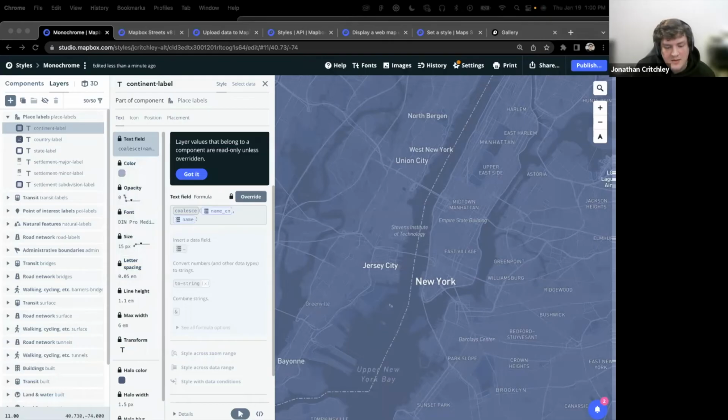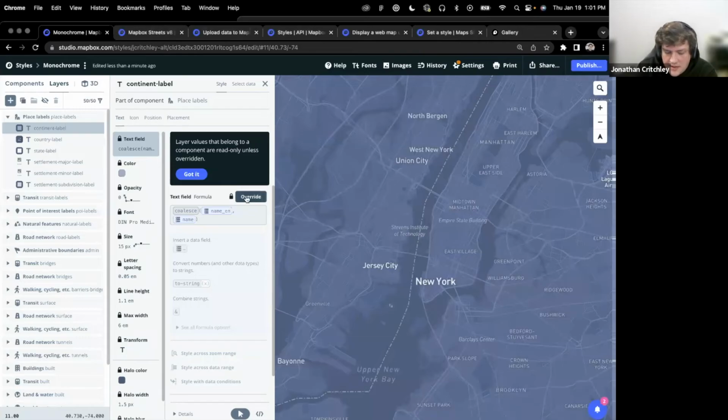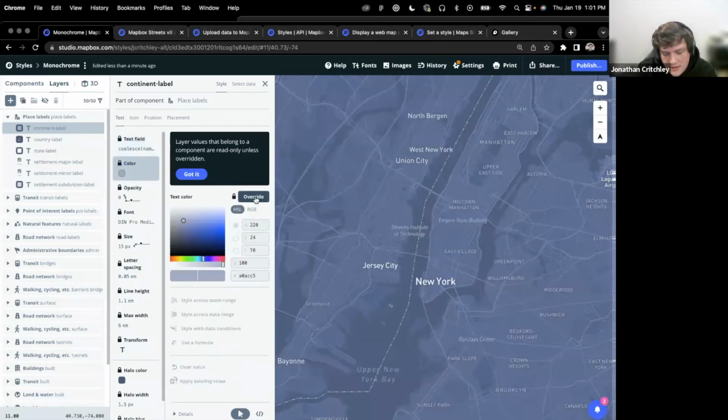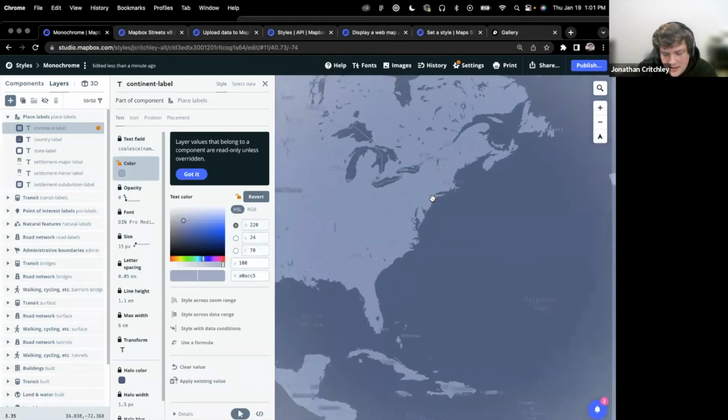So it can be quite overwhelming, and it really is something that over time you become more familiar with as needs arise, as you decide, okay, I need to modify this separate from everything else. I have a very specific color that I want to apply. As these are styles using components, you have the option to go in here, override, modify that color, and just experiment with that specific